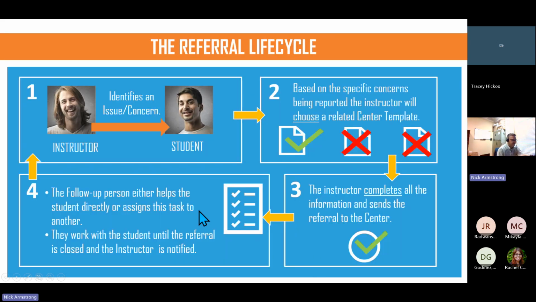And this is just the life cycle. This is kind of how it normally happens. You have an instructor who identifies a concern or an issue that the student's facing, and then they can look at the different templates that are available and choose the correct center template. Once that's done, they complete the form with all the required fields, answering your questions, and then the part that we're going to see live, probably a part that we haven't really gone over, is all the steps involved. So it's going to go directly to that follow-up person, and then from the follow-up person, that could be assigned to another